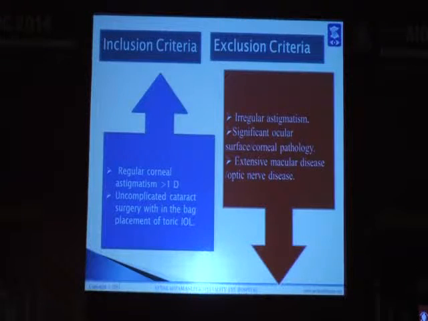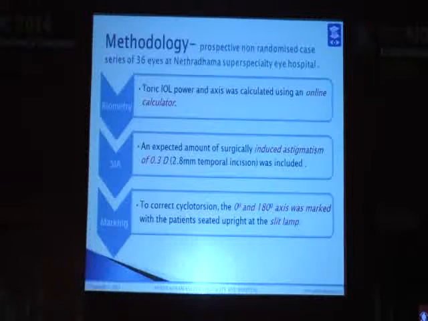We included patients with regular corneal astigmatism more than 1 diopter and uncomplicated cataract surgery with in-the-bag placement of toric IOLs. We excluded patients with irregular astigmatism, any significant ocular surface or corneal pathology, and extensive macular disease or optic nerve disease. This was a prospective non-randomized case series of 36 eyes conducted at Nethradhama Super Speciality Eye Hospital in